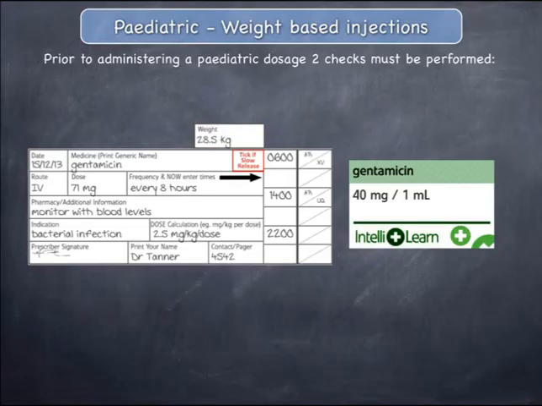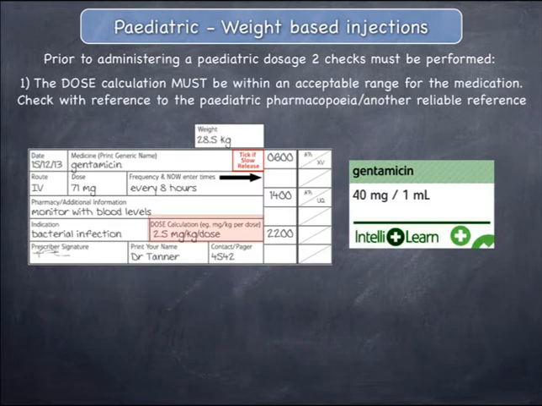Prior to administering a paediatric dosage, 2 checks must be performed. The first check involves ensuring that the value in the dose calculation box on the order is within an acceptable range for the medication in question. You can do this with reference to the Paediatric Pharmacopoeia or another reliable and current source. In this case, you are giving gentamicin at 2.5 milligrams per kilogram per dose, which is an acceptable rate of